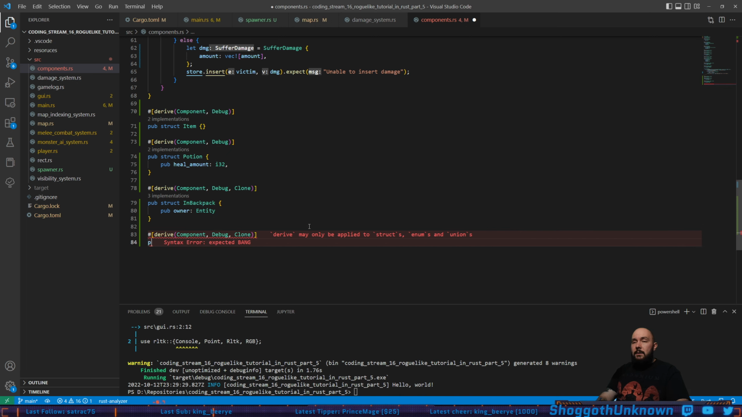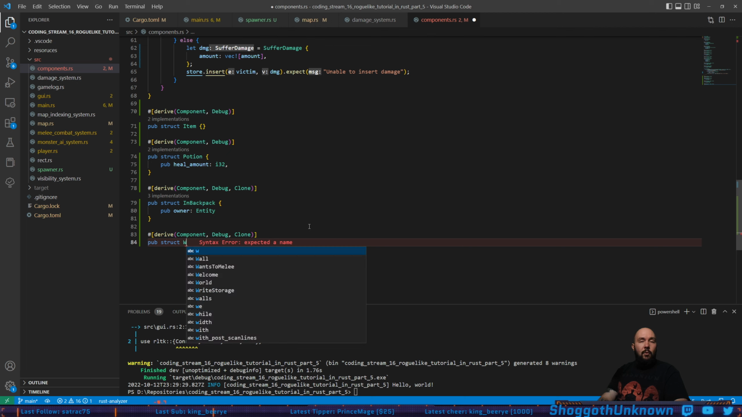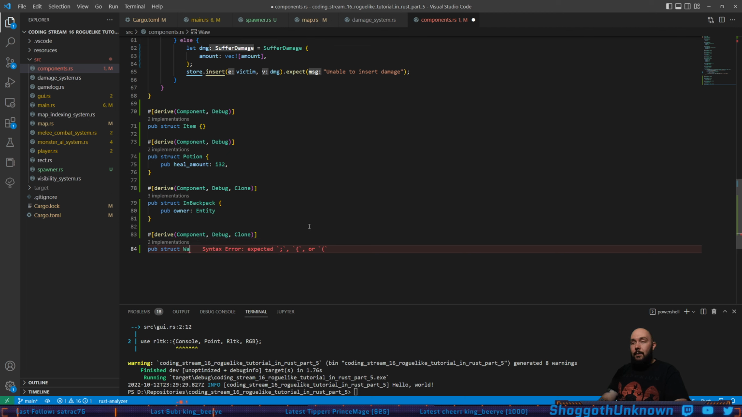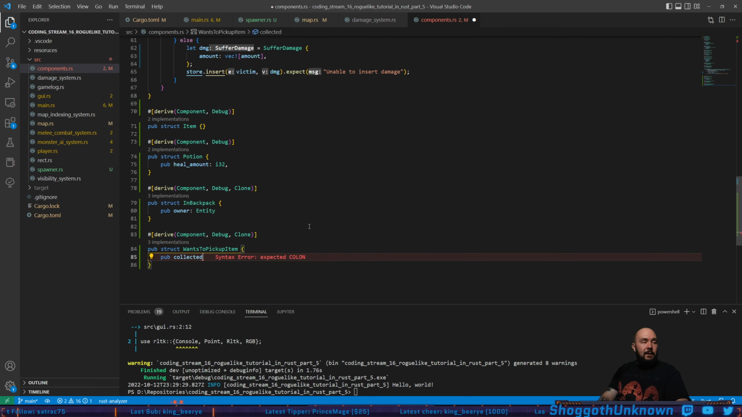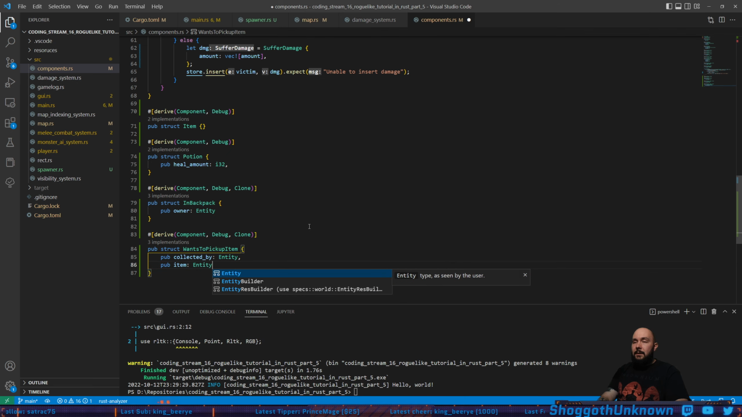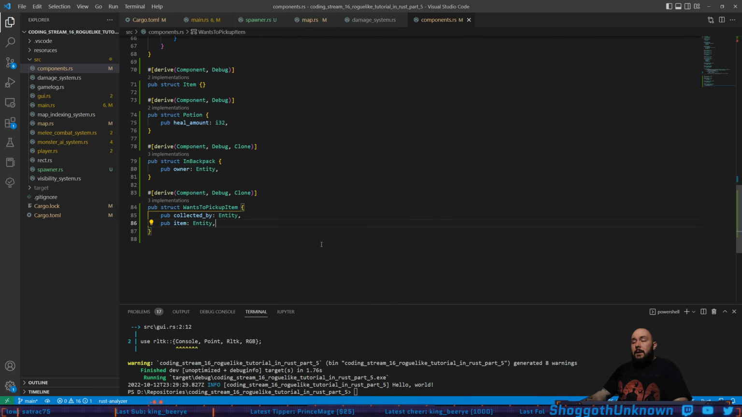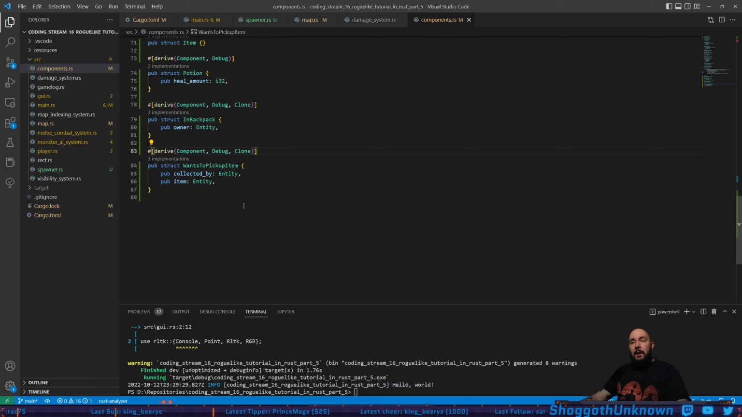Pub struct WantsToPickupItem, like WantsToMelee, but instead of melee, pick up item. Pub collected_by: Entity, pub item: Entity. All right, so yeah, that's cool. It's just a way to track that something is happening, because it's going to happen over multiple turns if they have to walk towards it,